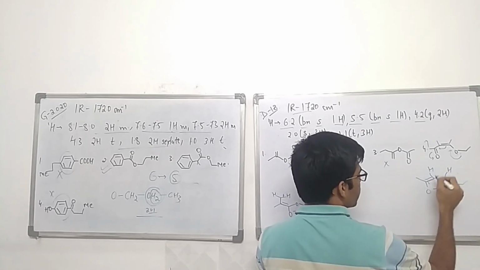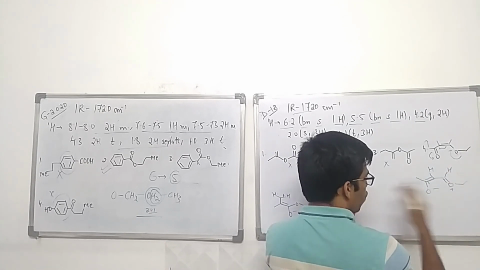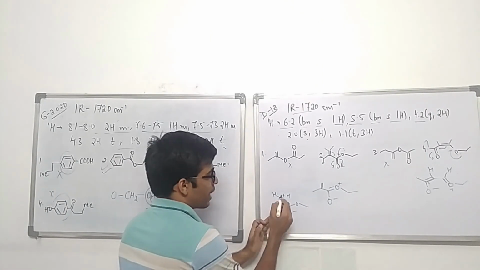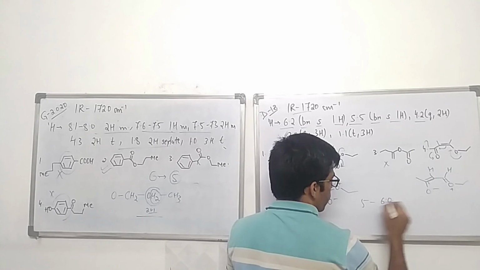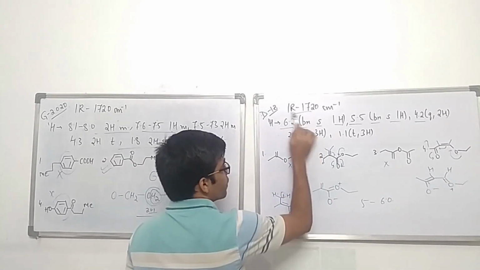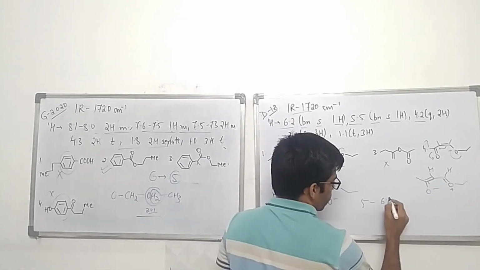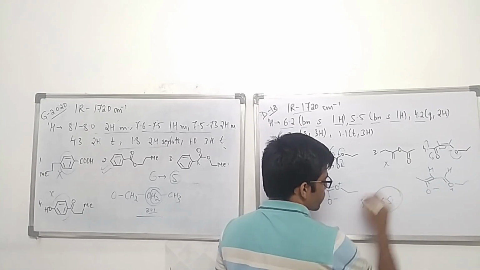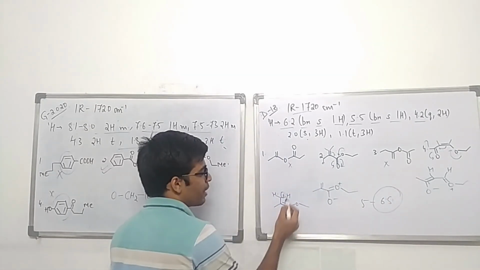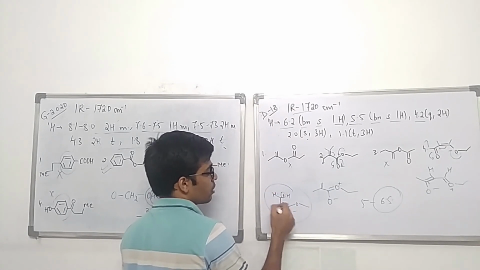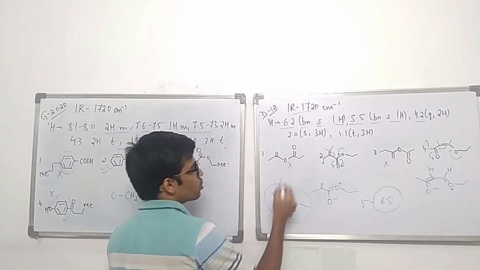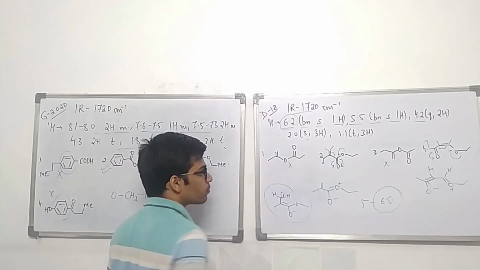Previously also both of these are having sp2 carbons but no charge. In this case there is an sp2 carbon having a positive charge. So the range was 5 to 6.0, but you can see the value is given 6.2, which is close to 6.5. So that means we can expect some kind of conjugation is happening which is producing electron deficiency or causing deshielding on this carbon, because of which it will give this signal.